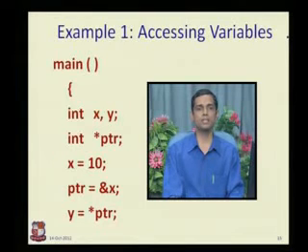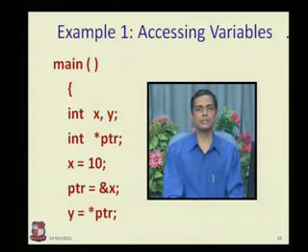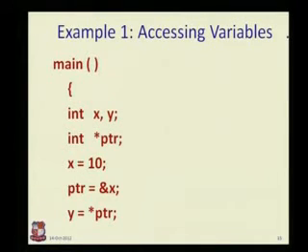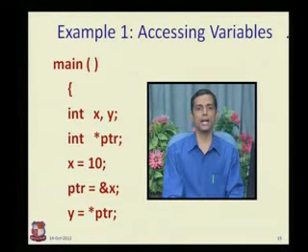That is done in the next line. I assign y = *ptr, which means now this value 10 is assigned to y. This star is called the dereferencing operator. By using the ampersand character we have addressed the value of x, and by using the dereferencing operator star, in the last line y = *ptr, I can assign value 10 to y by using a pointer.